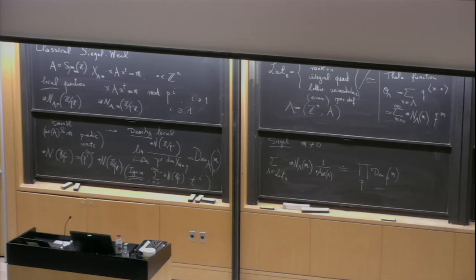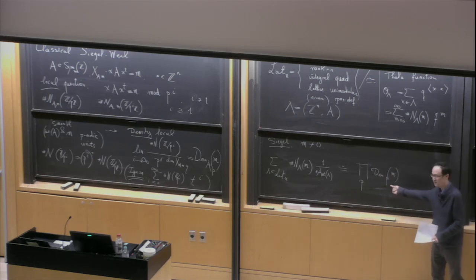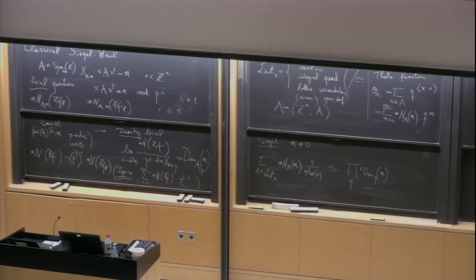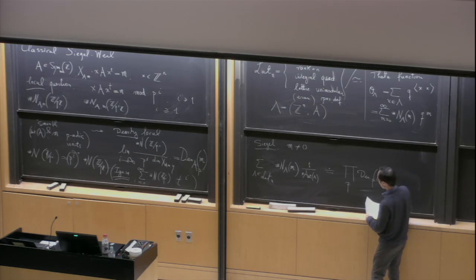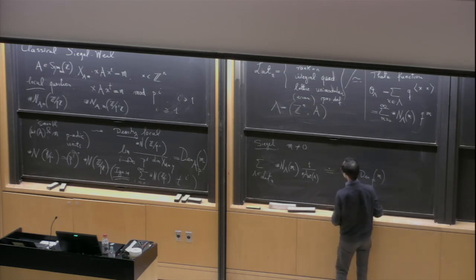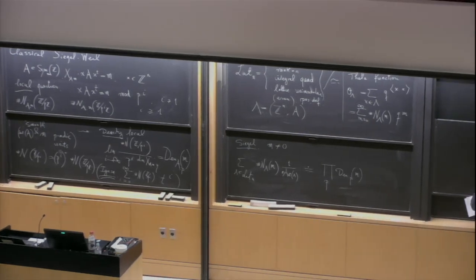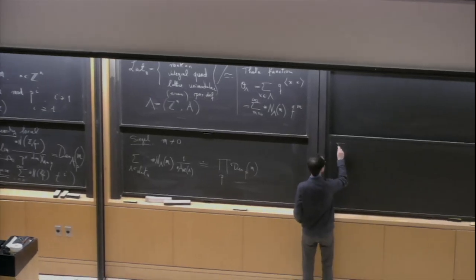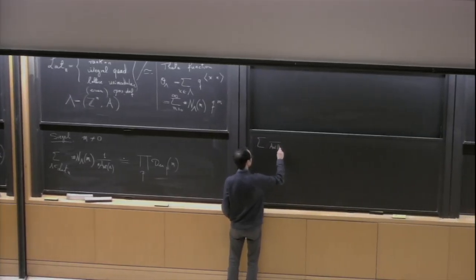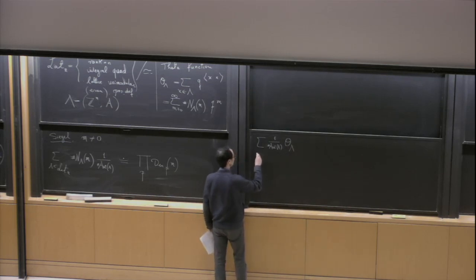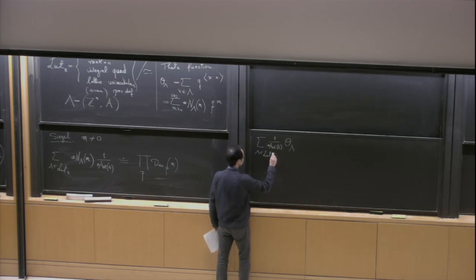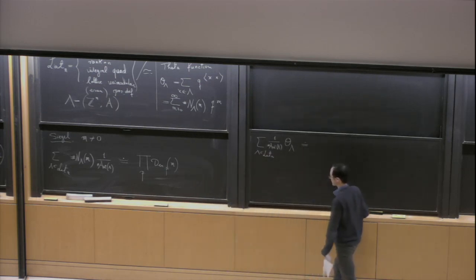On the left-hand side, it's counting the number of points for a given integer m among all the lattices which are locally equivalent. On the right-hand side, I have all those local densities for all primes p. Another way of writing this formula is to express the left-hand side using the theta function. If I weight the theta function by the size of the automorphism group, this will equal, up to an explicit constant,